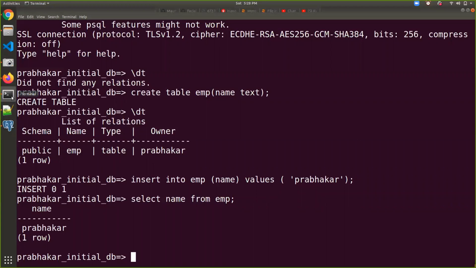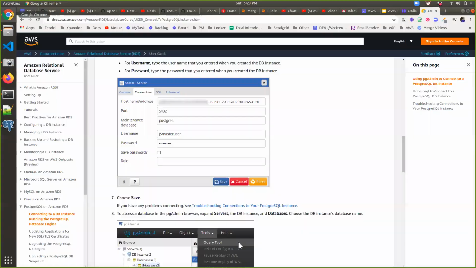This is how we can create a PostgreSQL database in AWS RDS and then work on it. It is very scalable and very flexible from the developer point of view as well as the administrator point of view, in terms of quick development, quick patch updates, as well as maintenance. So we come to the end of this lab.